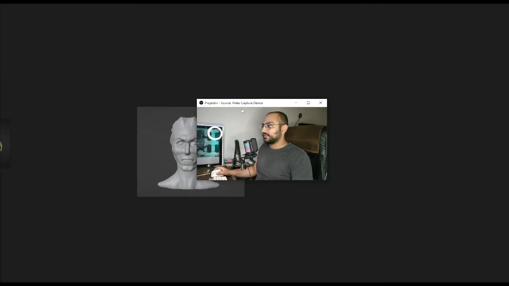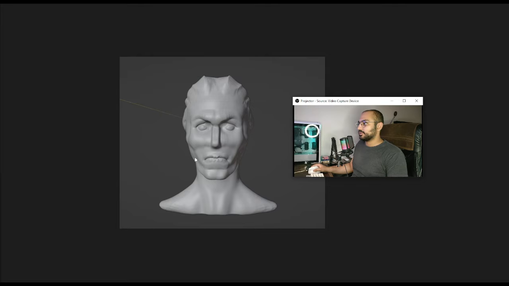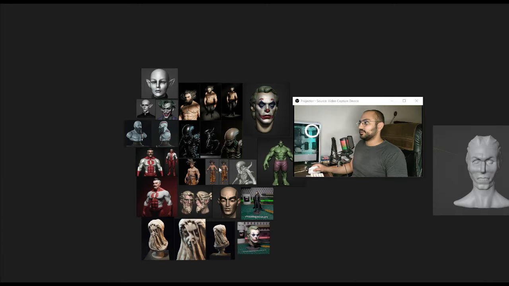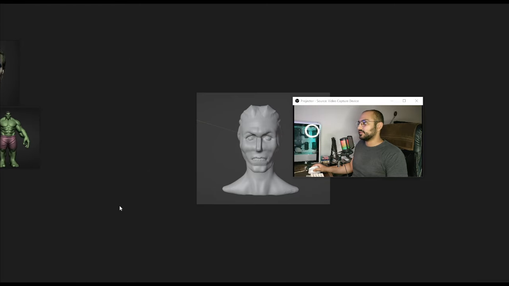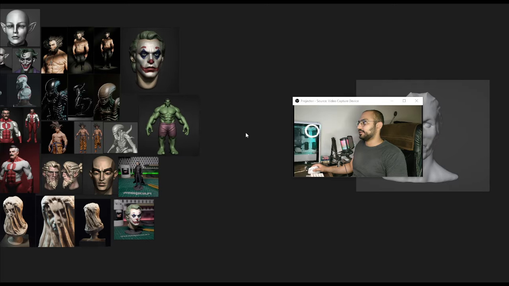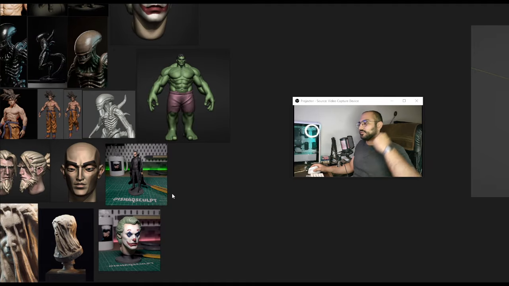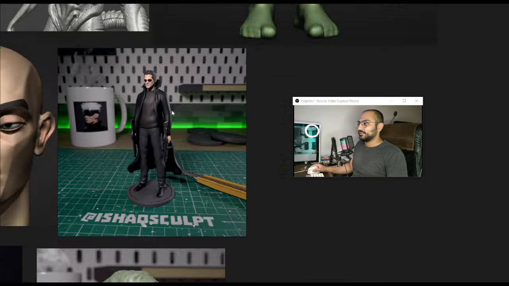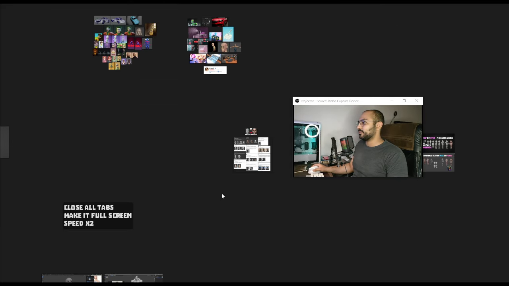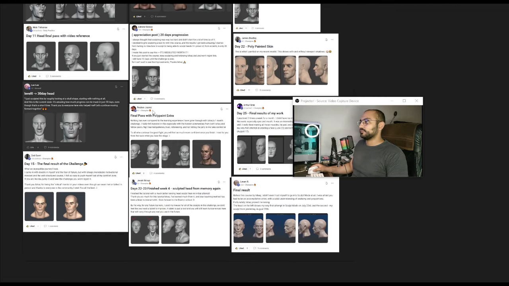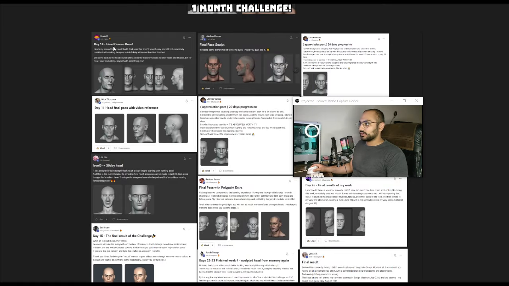Your sculpt is just a reflection of how good your reference was. In the last 1.5 years, I've been able to take my sculpting from this to now making sculpts like this. This being the first sculpt I made 1.5 years ago, and this being my most recent sculpt. And not only have I gotten results for myself, but also for other young artists, helping them